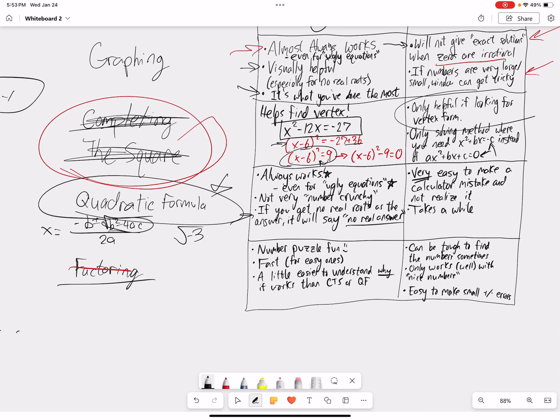Factoring, though, is the most fun. So number puzzle fun, happy face is how I feel about factoring. It's fast for the easy problems, but if you have a more challenging problem, it can get really tough to find the numbers. So like if I gave you this,